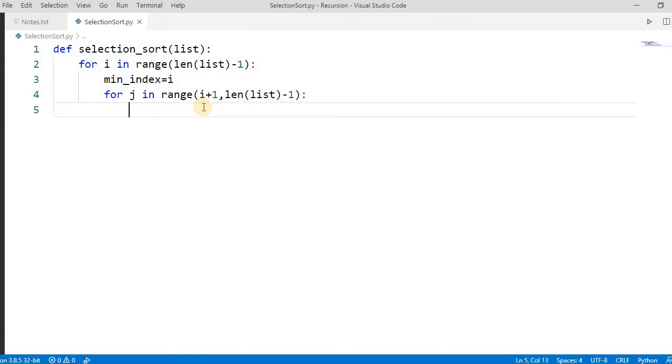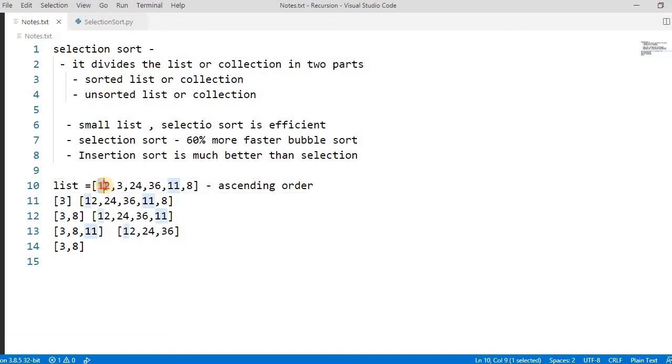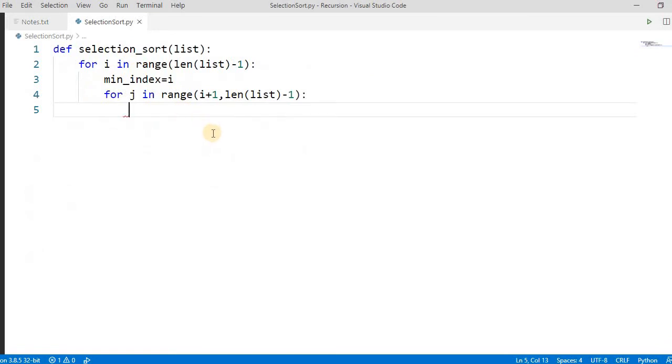Now we have to compare. We take the 12: is 12 greater than or less than 3? So we will compare and then try to swap it. So if list of j is less than list of minimum index,